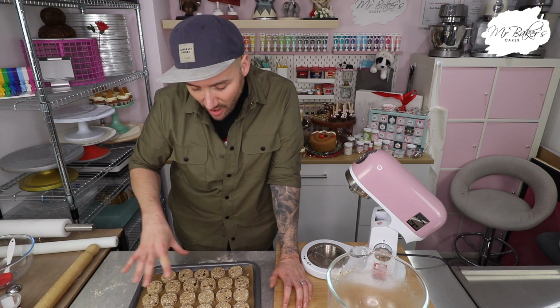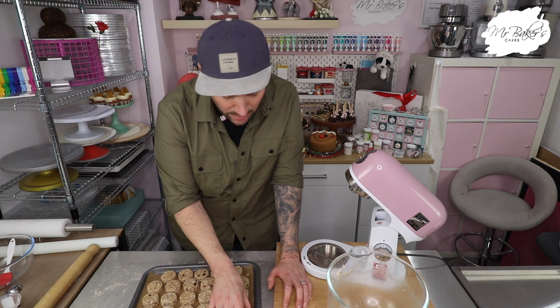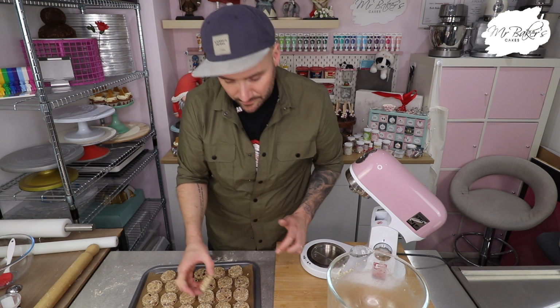Now the recipe says to pop those into a preheated oven at 180 degrees or 160 fan, which I believe is gas Mark 5, for around 15 minutes, but I'll be honest with you, I tend to do mine for a little bit longer, just until they're starting to catch on the edges and go a nice kind of pale brown colour. You can particularly spot the colour on the bottom, so after that first 15 minutes you might want